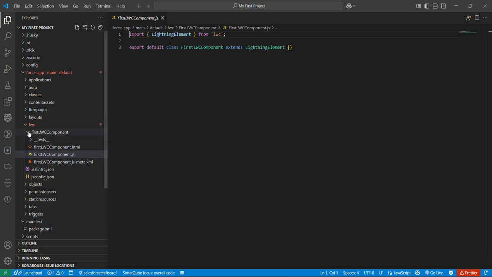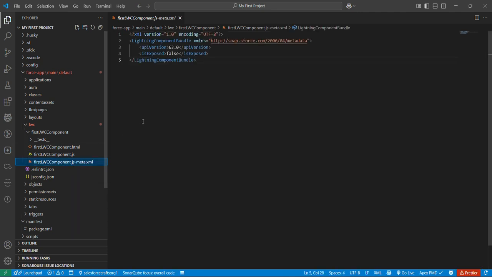Okay, so mainly in an LWC there will be three components: one an HTML file, it is called the template, and the JS file, and there is one metadata file, that is called meta.xml. Okay, so these are the basic files inside an LWC. Okay, so here in this component, we are just displaying one hello world kind of message. So in order to do that one,